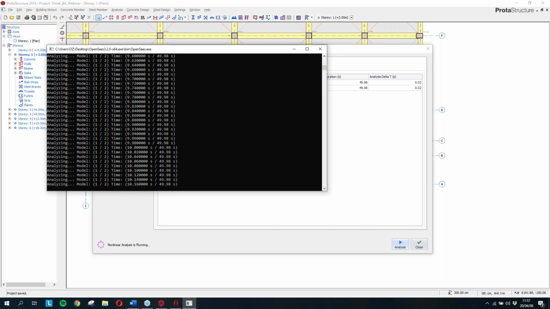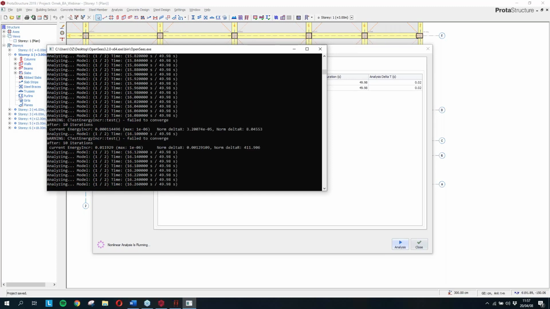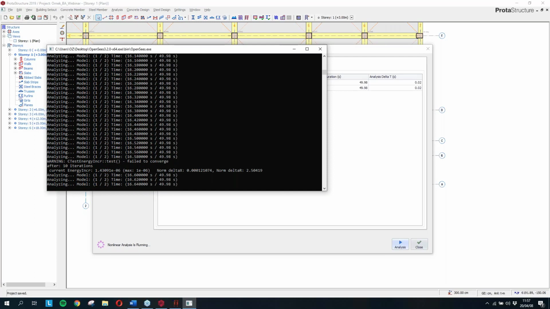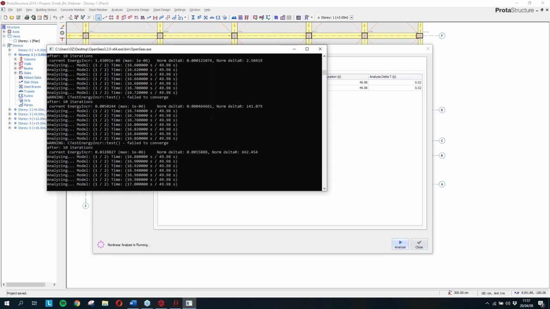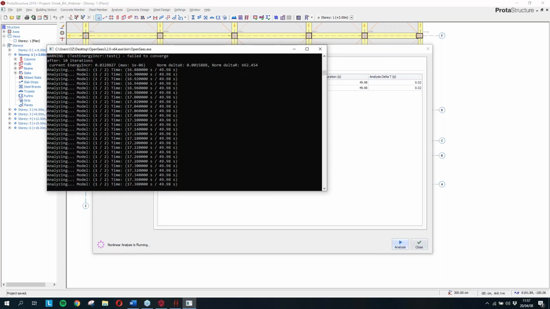First of all, we want to support other structural codes, assessment procedures, and also custom member performance levels, member plastic rotation limits, or custom performance goals to be implemented